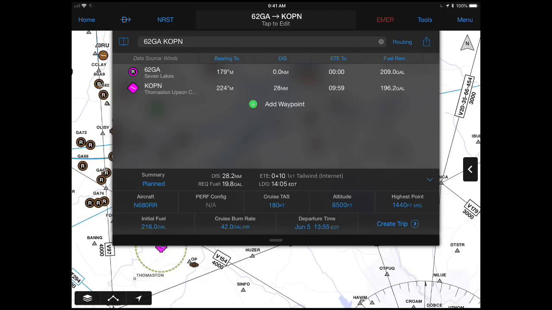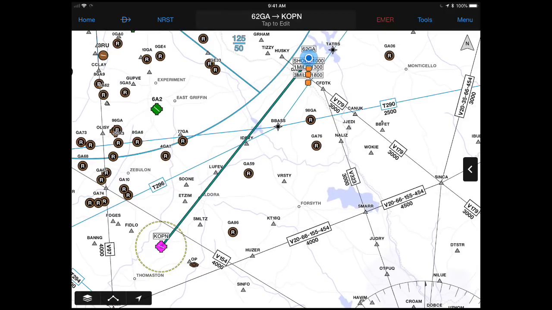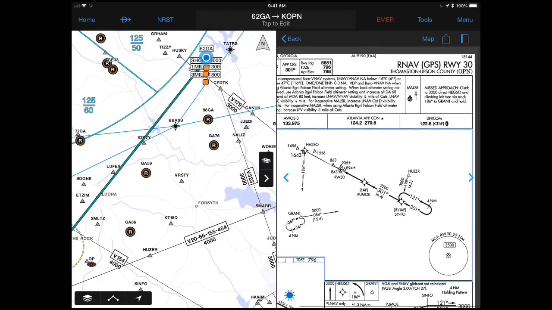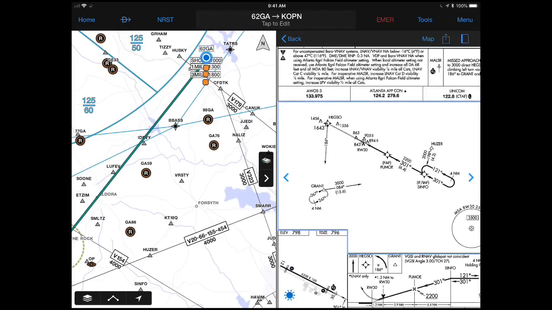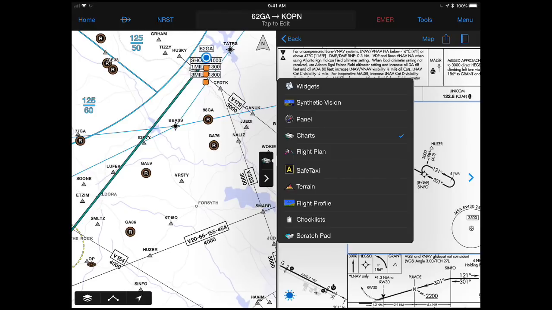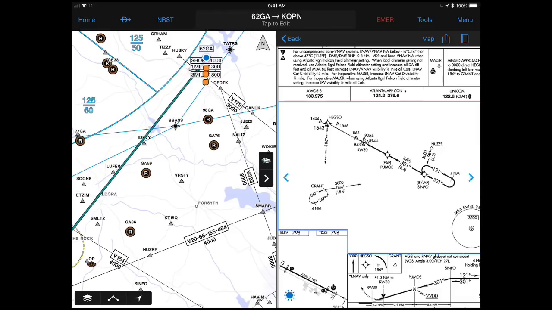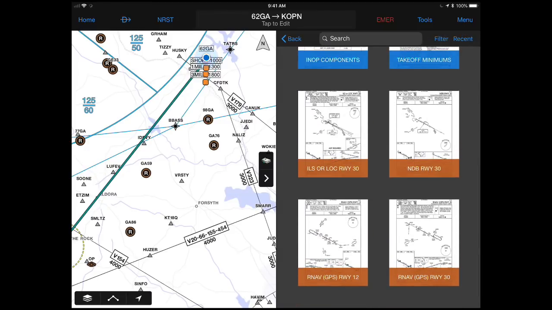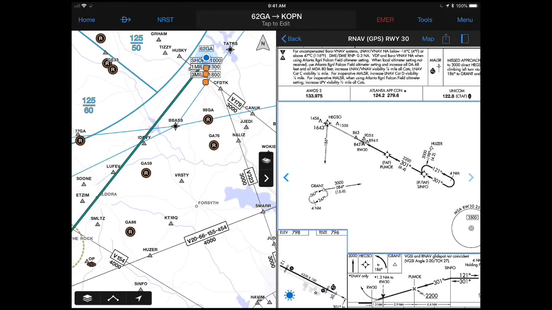But what you're really going to do is we're going to close our flight plan. We're going to open up our split map, and then from here I can actually load in the approach plate that I want to look at. So I just hit the little plate over here on the left or in the middle, and we're going to go to charts. And then once I'm in my charts, I can go in and I've got a list of all of the charts and things that I want to load. So it's not really overly complicated. It's just, you know, it's not nearly as nice as what I'm doing with Foreflight, because I've got more interaction